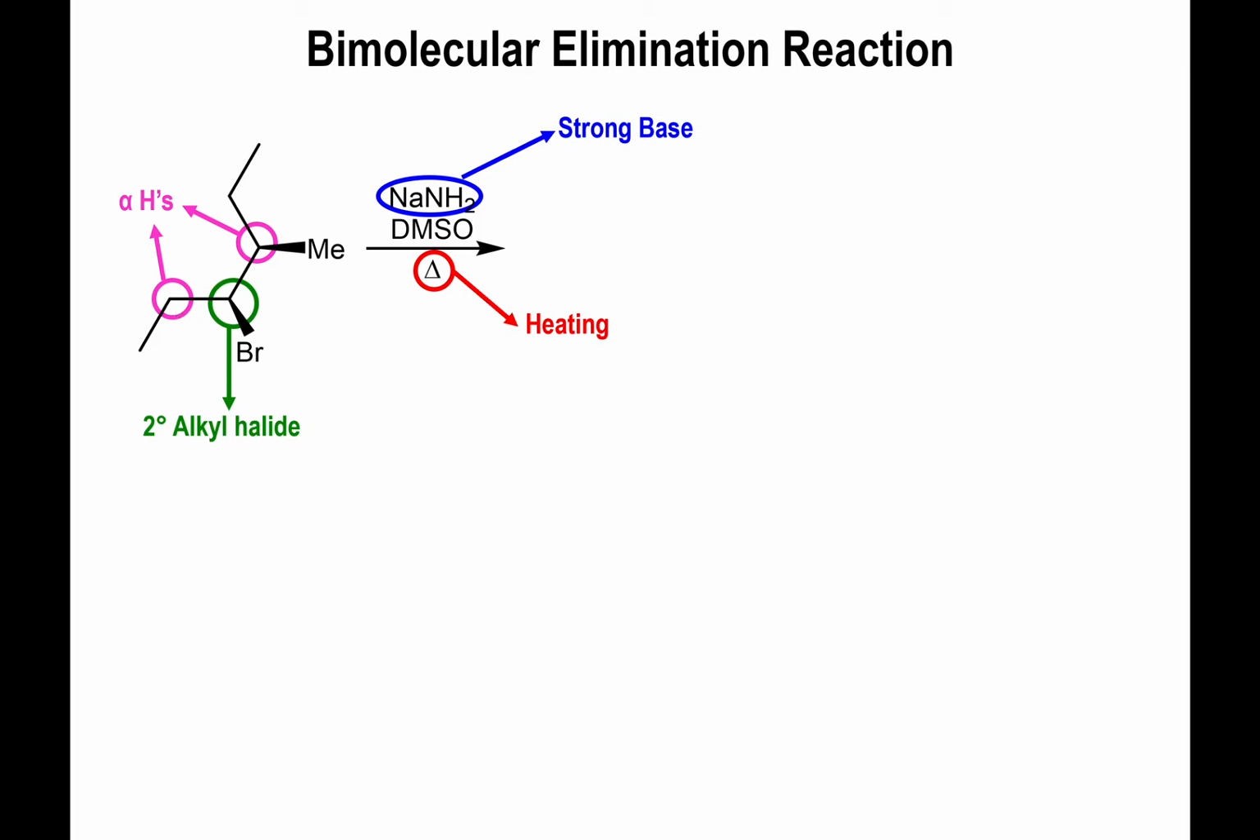So having those alpha hydrogens next to your leaving group, using a strong base and heating, all spells out elimination, and specifically a bimolecular elimination reaction, or E2. Now the way this is going to play out, because both the base and the leaving group interact at the transition state at the same time, is that you have to arrange the molecule in an